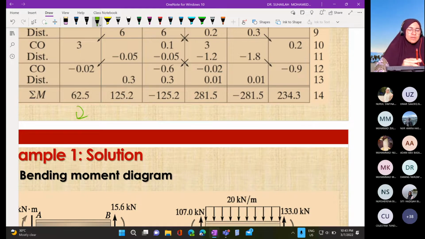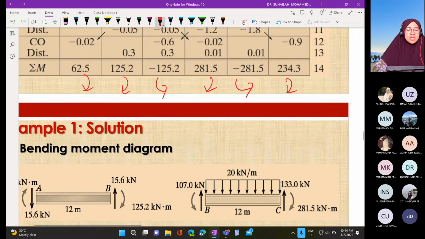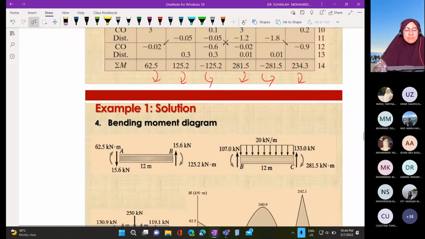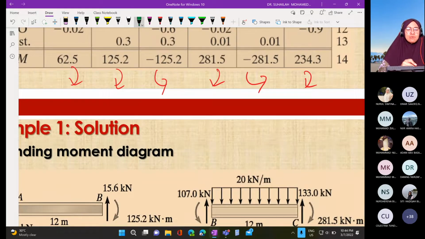So from the moment that we get, just identify the moment direction. This is positive moment. This is also positive. This is negative moment. This one is positive moment. This one is negative moment. This one is positive moment. Okay. So for the bending moment diagram, positive. Okay, for AB,